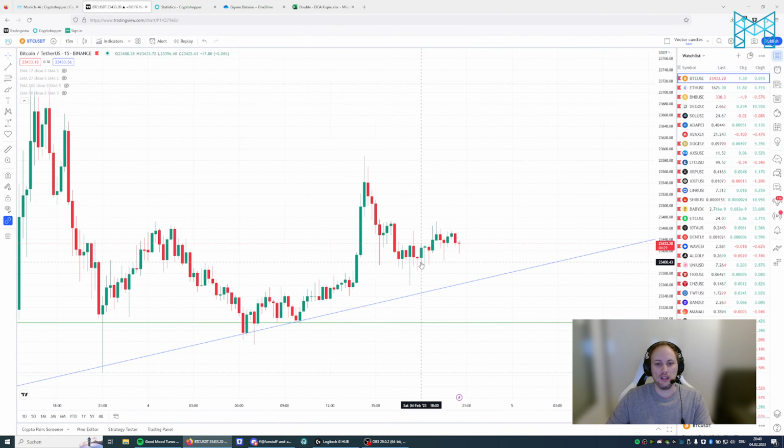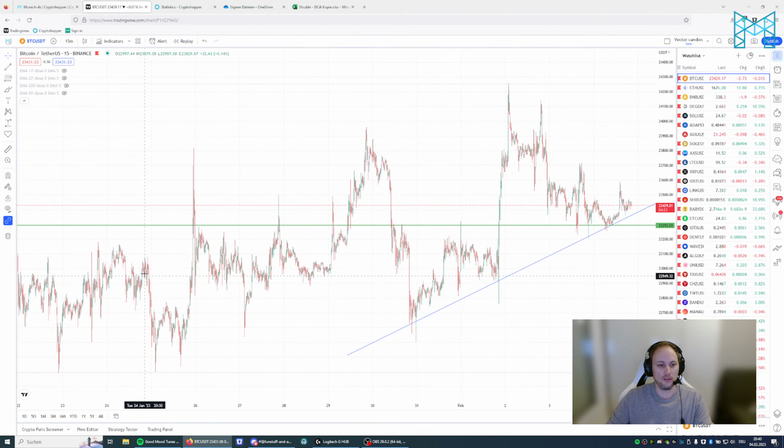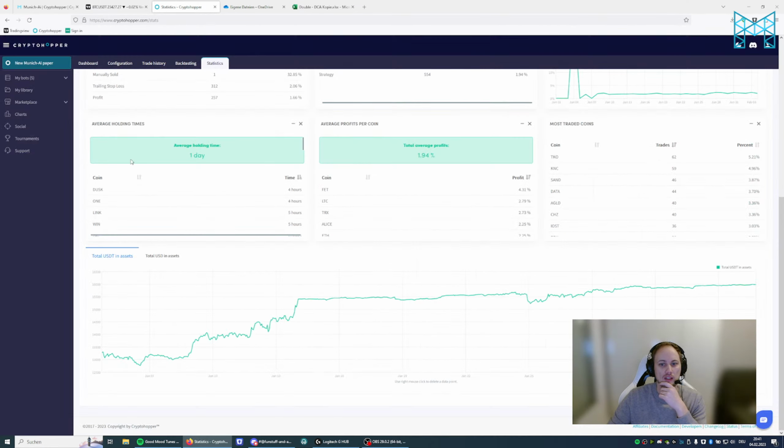15 minutes. Here you can see 25, this is around here. We have a really, really small uptrend, so it's going up a bit in this direction. It was quite low here on 25, this double bottom, but then it went up, dropped again a bit, went up, but we have a slow, steady rise from 22,600 in Bitcoin to 23,000. And this time we were even trading the whole time, making profits,